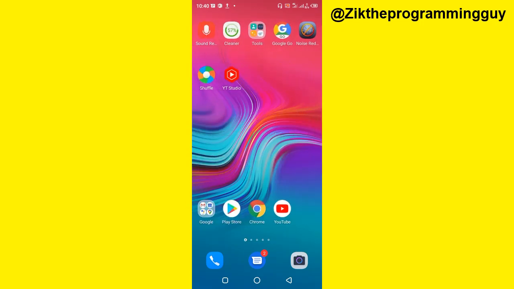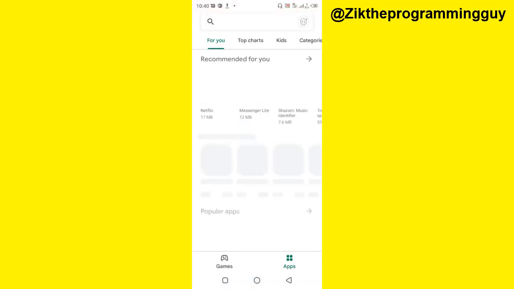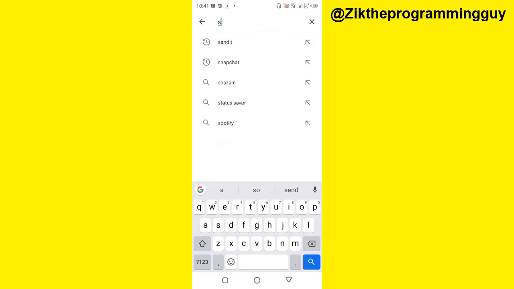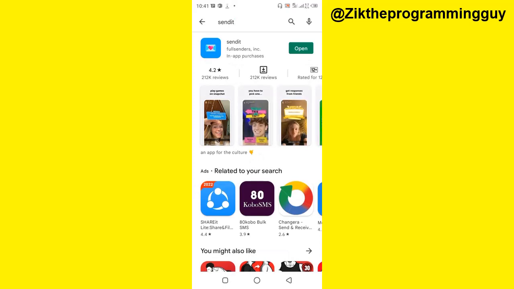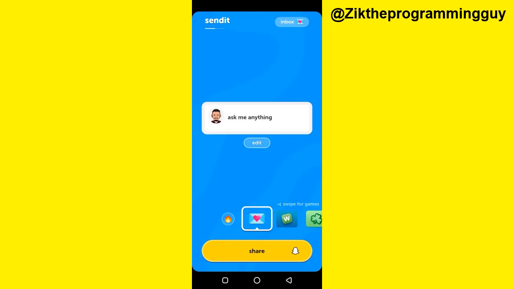Now, the first step to take is, of course, install the Sendit app. So go to your Play Store and search for Sendit. Okay, this is the app, so go ahead and install it on your device. So I have it installed already, so I'm just going to open it. So if you're using this app for the first time, you're going to have to connect this app with your Snapchat app. So once that is done, then now you can